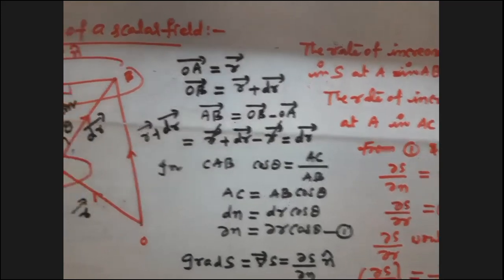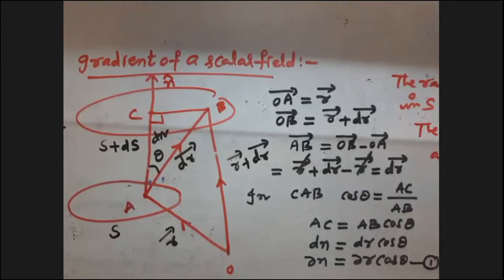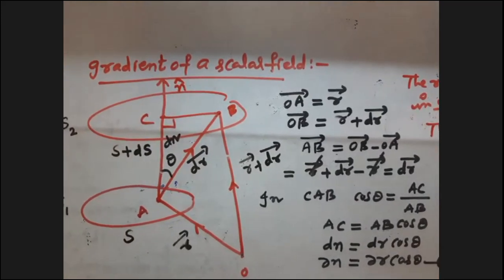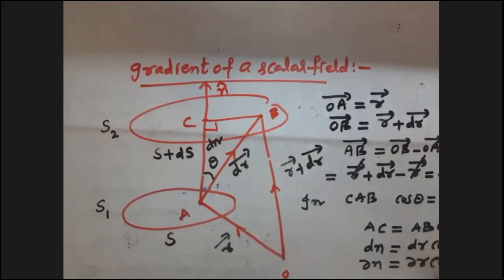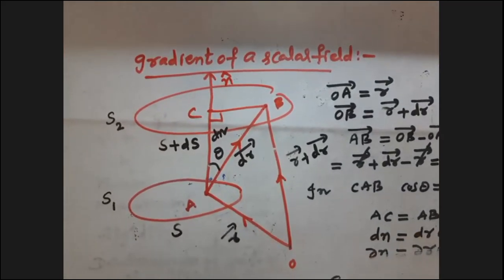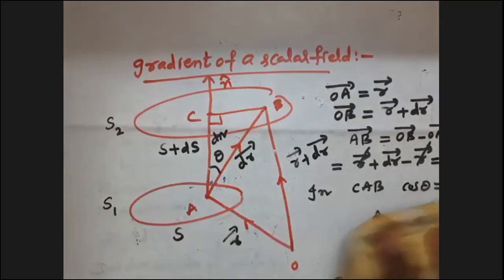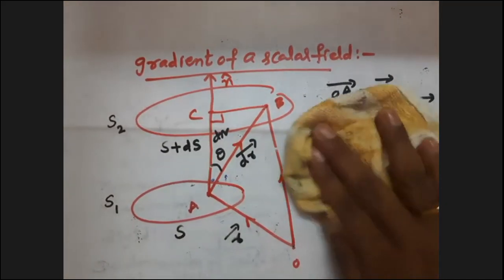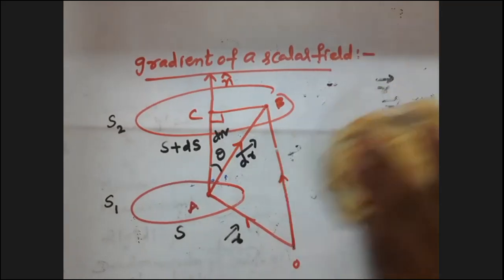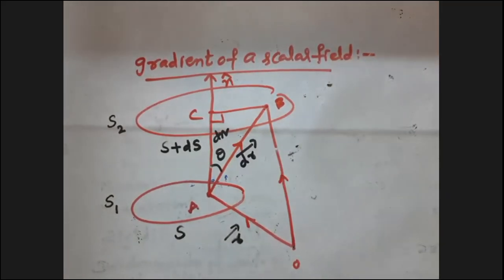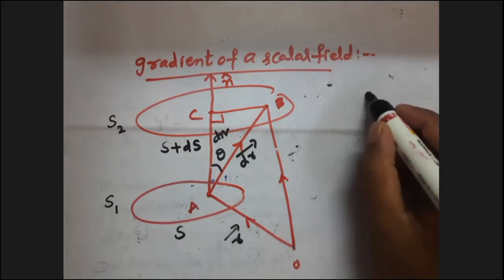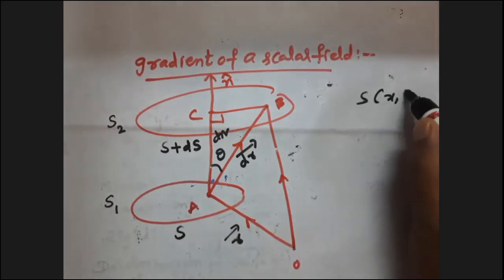Okay sir, so how do we express this in Cartesian coordinates? This gradient of scalar field can be expressed in Cartesian coordinates if the scalar field S is a function of x, y, z, where x, y, z are independent variables, right? The scalar field S is a function of x, y, z. Okay, then